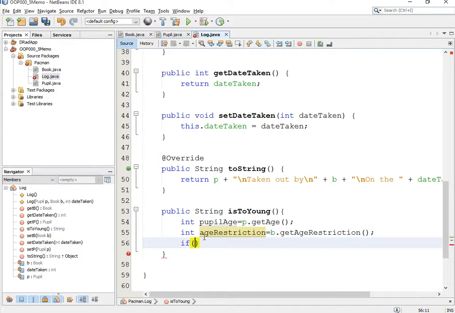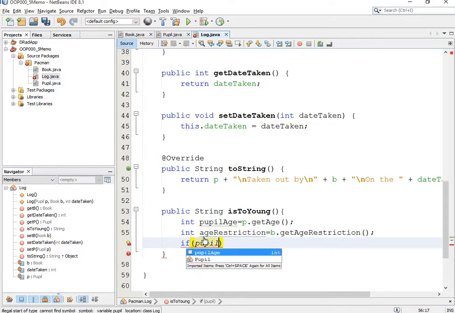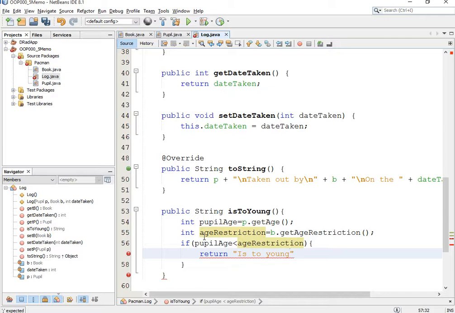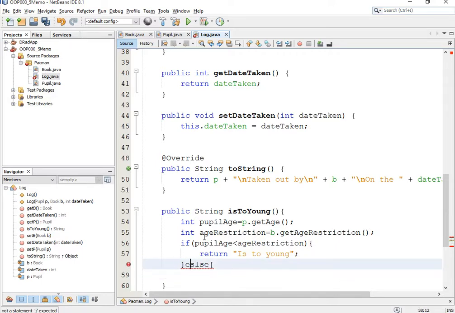Now in this case, I'm going to say if pupil age is less than age restriction, then return, open brackets, "is too young". Else, and I don't remember what it said, but that's not how you spell else, just to let you know. Else, you will,